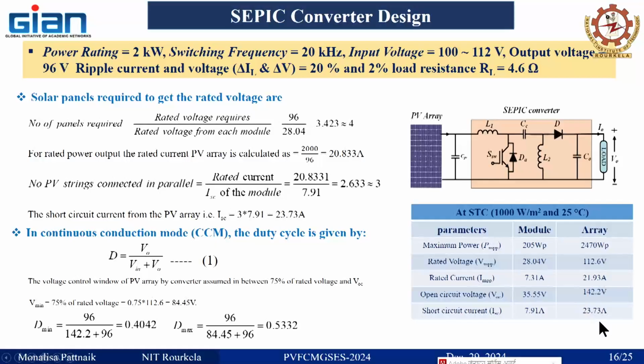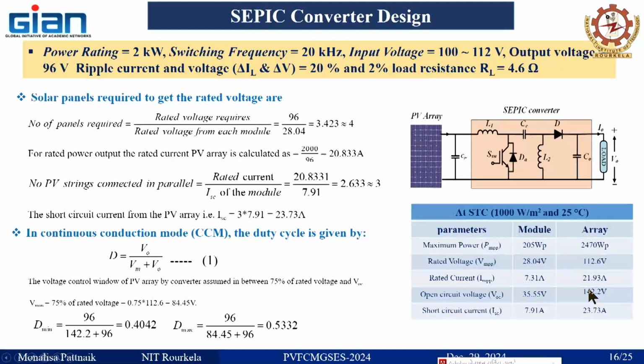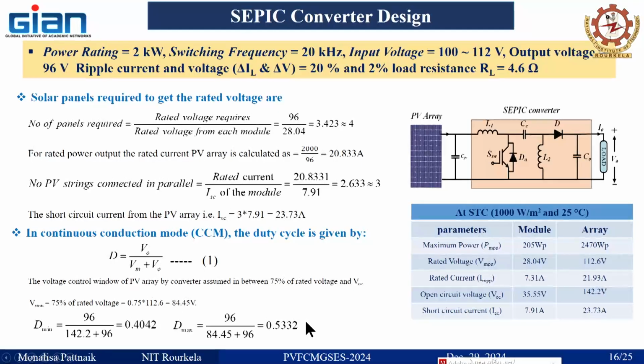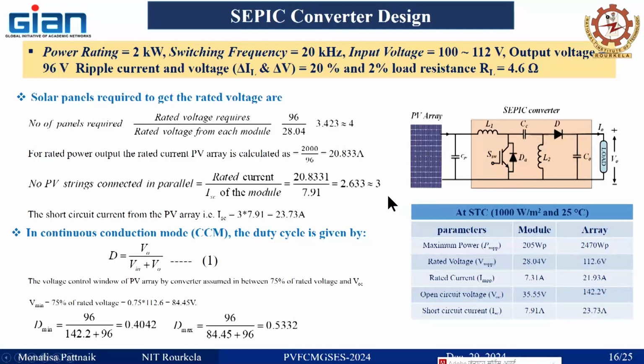The maximum voltage of the array is 142.2 volts. At maximum voltage our duty will be minimum, and at minimum voltage our duty will be maximum. So D minimum will be 0.4040 and D max will be 0.5332. Why are we using D minimum and D max? This will be useful when we are designing our filter